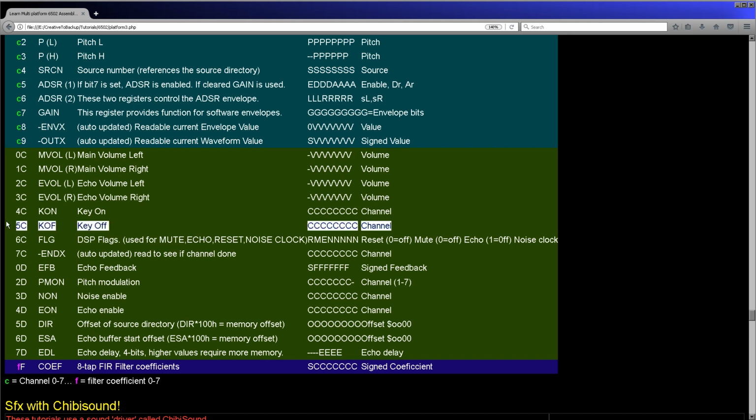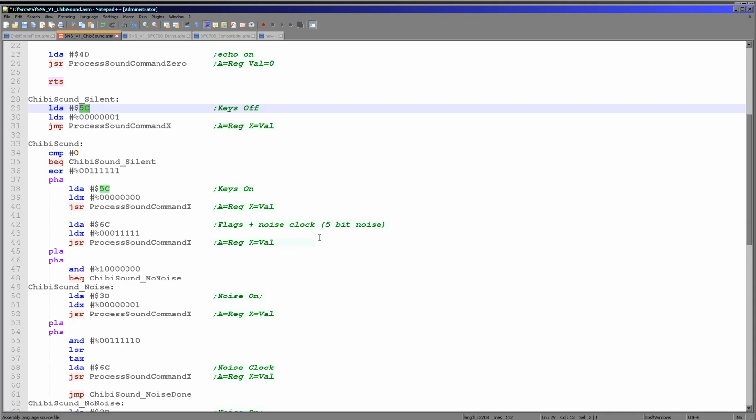Now, you've got to think of this like a synthesizer keyboard. If you press a key down, it will make a tone, but if you release it, it doesn't immediately stop. It just sort of fades away. So we've got down and up, and there's 8 bits in each for the 8 channels of the sound system. So we are just lifting the keys up to silence it,